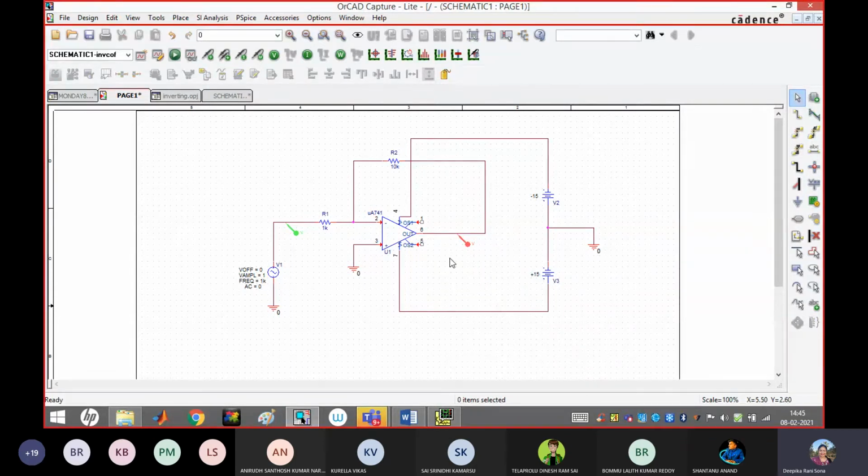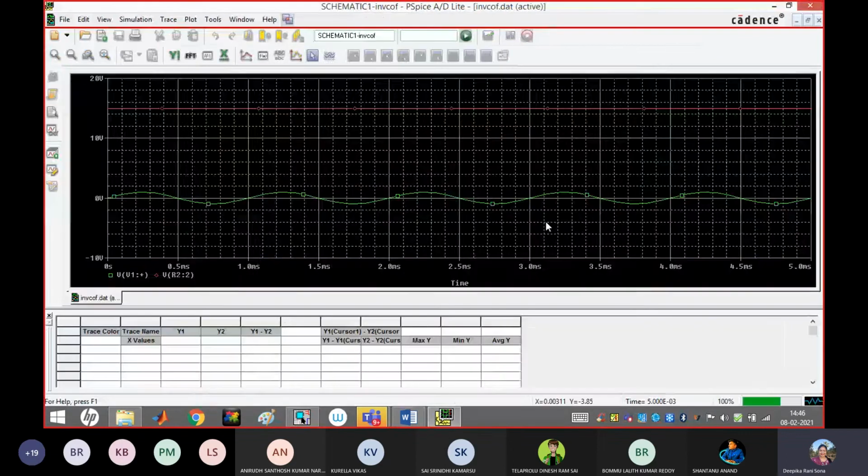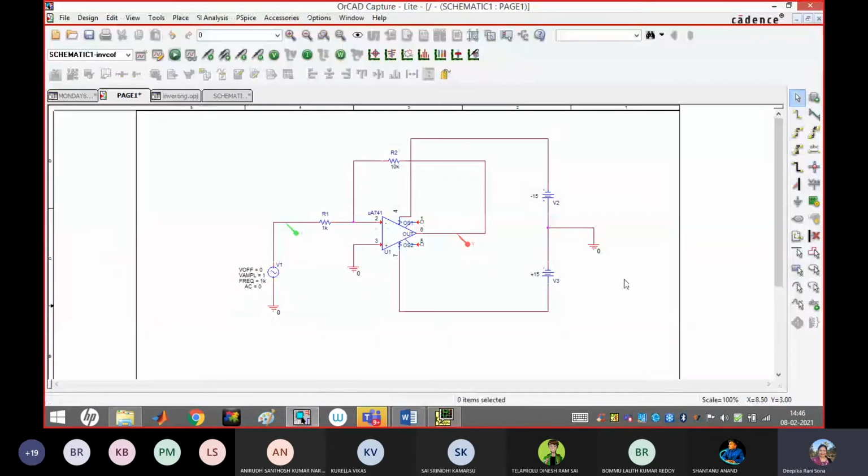Okay. Two 10K, R1 and R2. Yeah, I hope now it will come. No, again there is a mistake. Okay, guys, if you are done, then you may get the output. How many of you are getting it? You just tell me. I have to rectify my connection. If you are getting two kinds of wave, just tell me, or otherwise take your time.